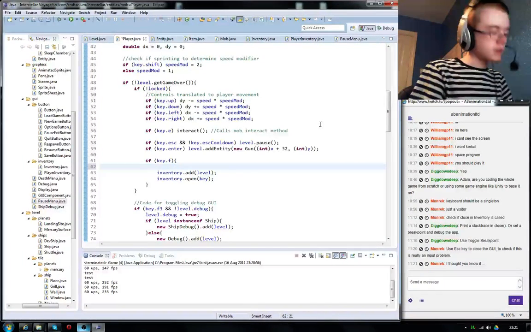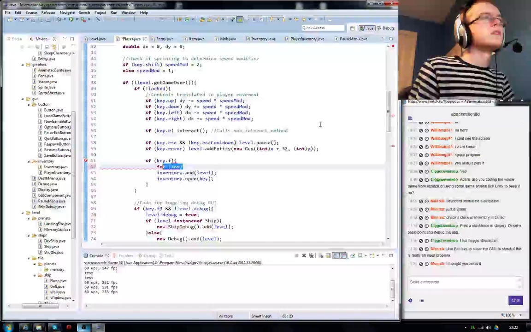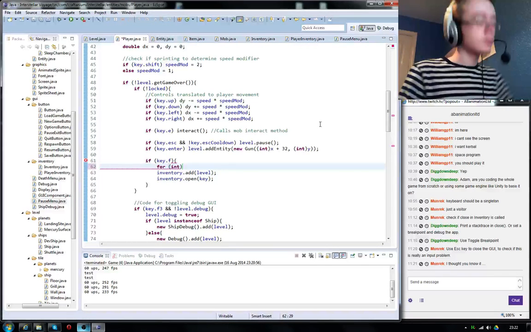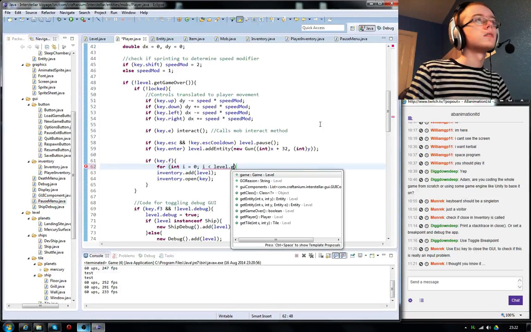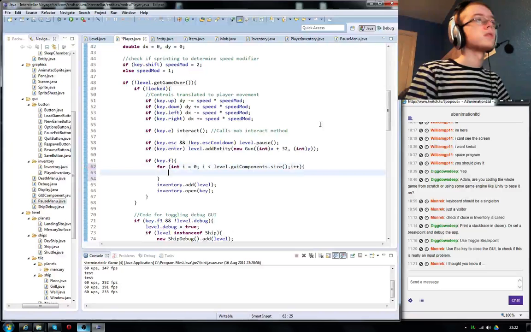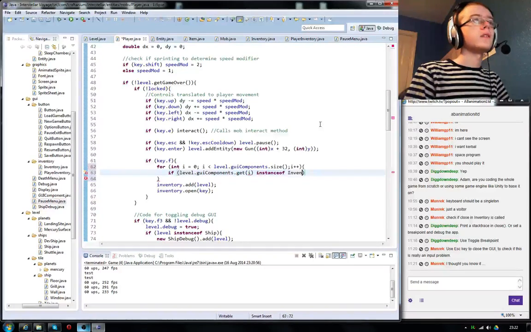Yeah, right, okay, so there's got to be a better way of doing it than that. I'll just do it, okay. I less than level dot GUI components dot size, I plus plus. If level dot GUI components dot get I instance of inventory, then